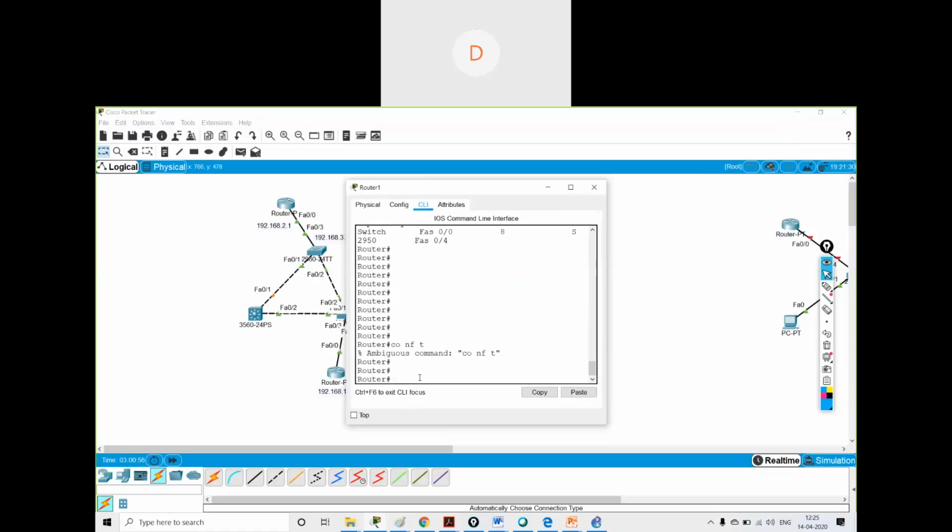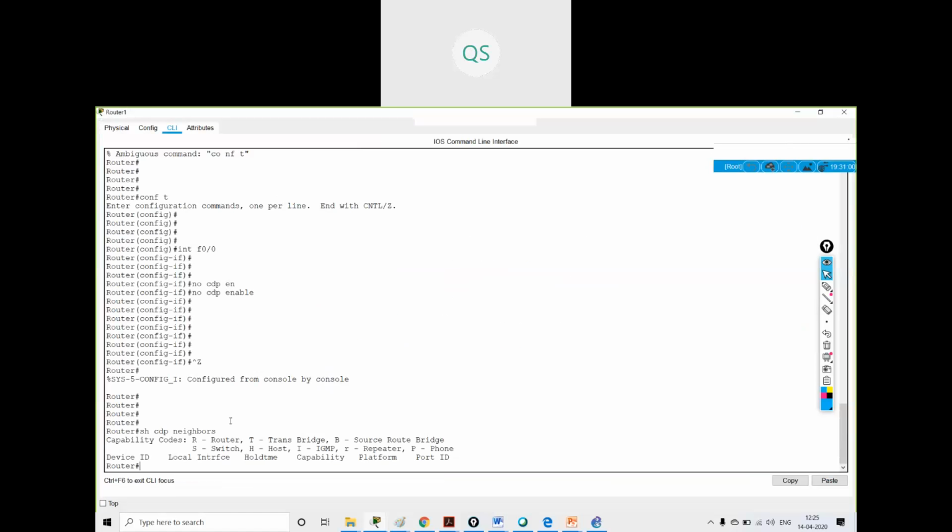Interface FastEthernet 0/0, no cdp enable. Now I cannot see the switch details over here.